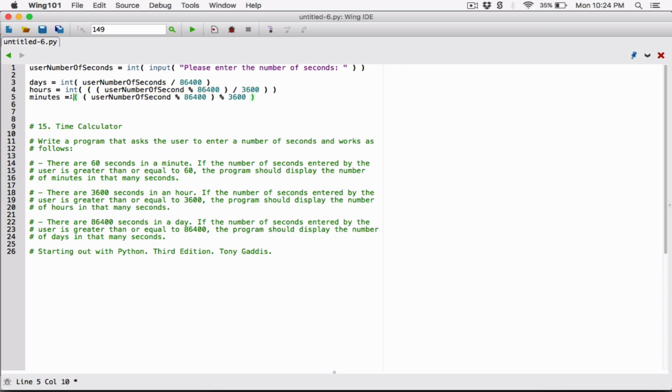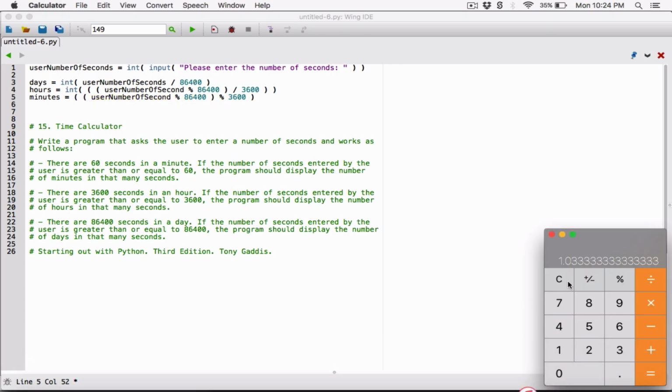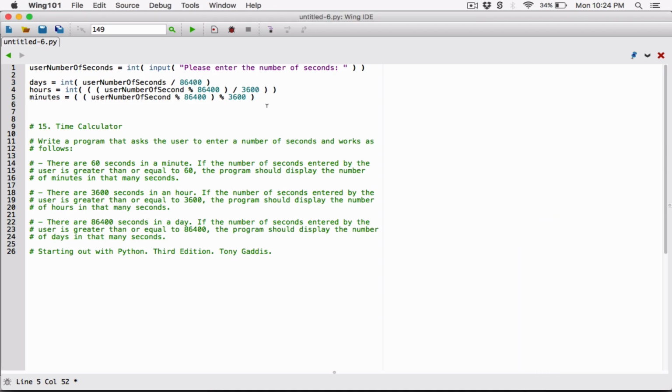After getting the hours, we are getting the remainder with this calculation here, modulus 3,600, and the remainder is basically the number of seconds left. But to get the minutes, we are dividing the number of seconds left by 60. So if the seconds left was 64, we're dividing by 60 because there are 60 seconds in a minute, and that's going to give us the exact minute here. We don't care about the remainder, so we divide that by 60 here,